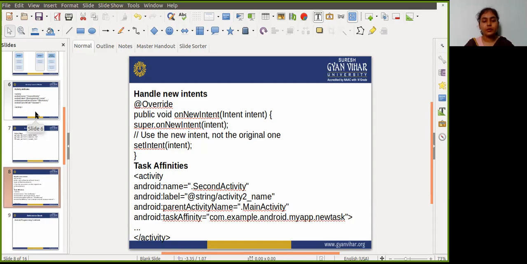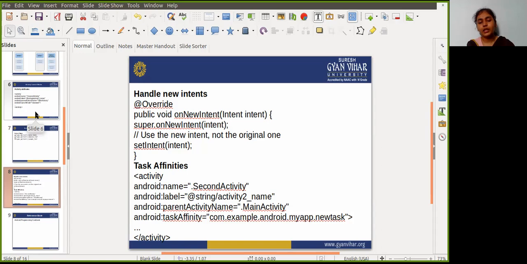In the label attribute, write @string/activity2_name, and in the parent activity name write .MainActivity. Then taskAffinity equal to com.example.android.myapp.newtask. Then android:allowTaskReparenting equal to true, and then just close the activity tag.